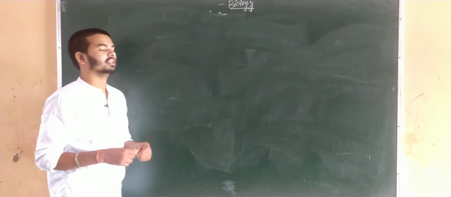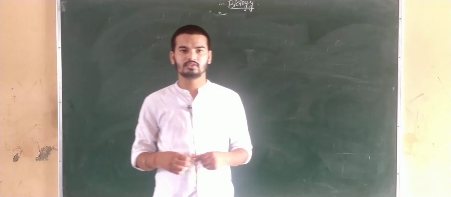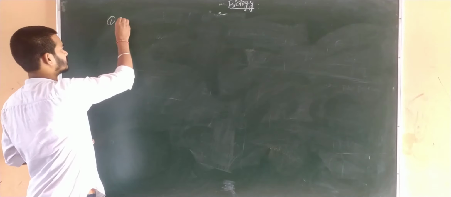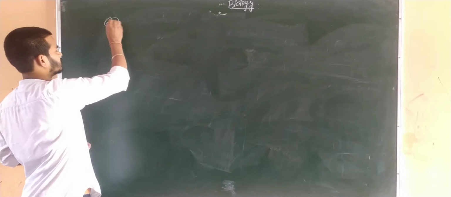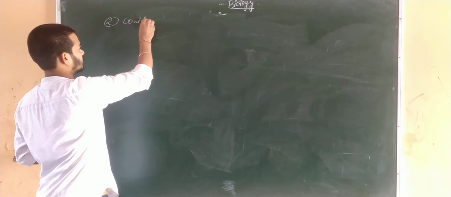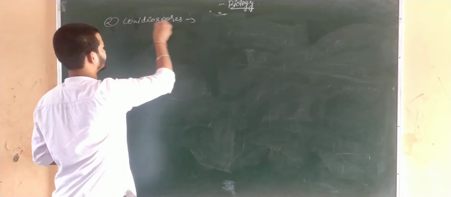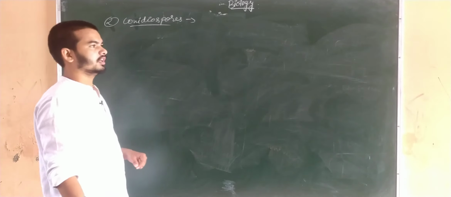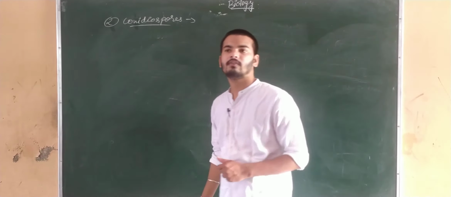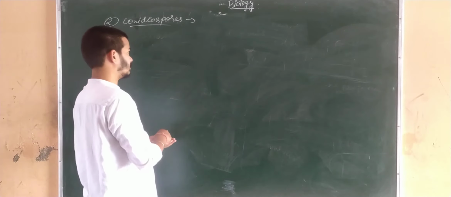Hello boys and girls. So today in this video we are going to study about the asexual reproduction second process, which is conidiospore formation. Conidiospores are not formed inside the sporangium. They are formed exogenously. So first of all we have to write